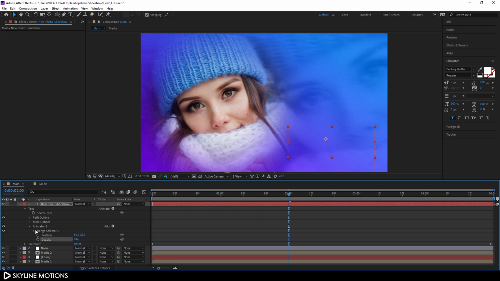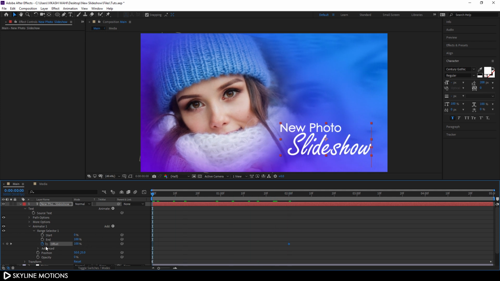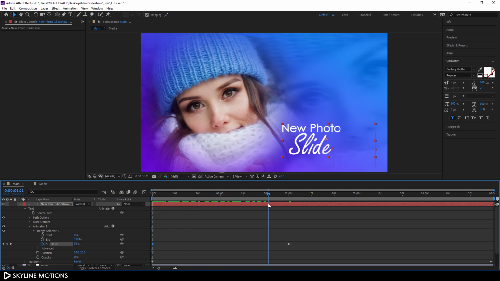All right, and open this range selector, and this is our offset. So set this offset value 100% and click on this stopwatch button to create a keyframe on offset parameter, and go to the very beginning of this animation and set this offset 0% and hit enter. And now we get this text effect, as you can see. All right, and now let's close this text layer,